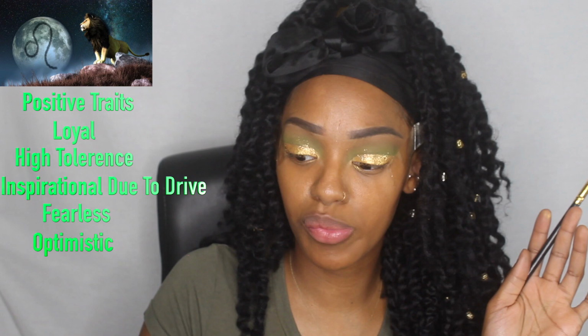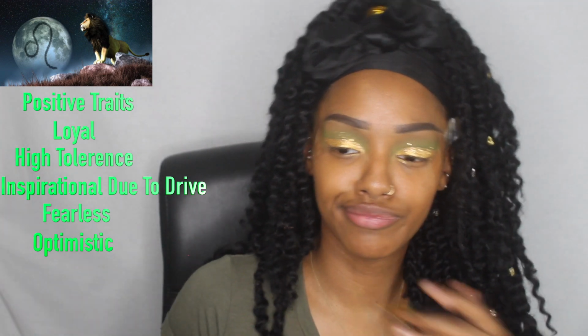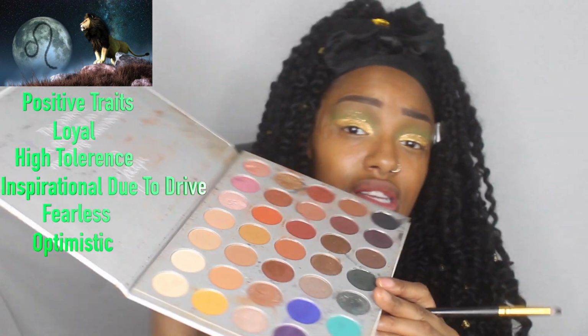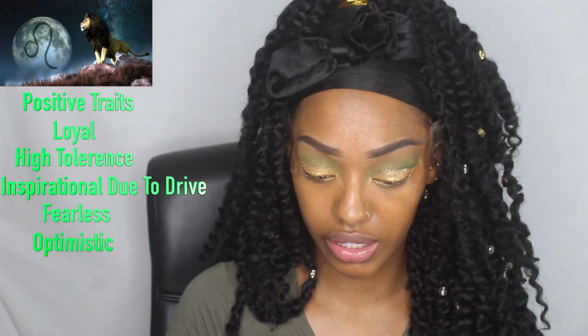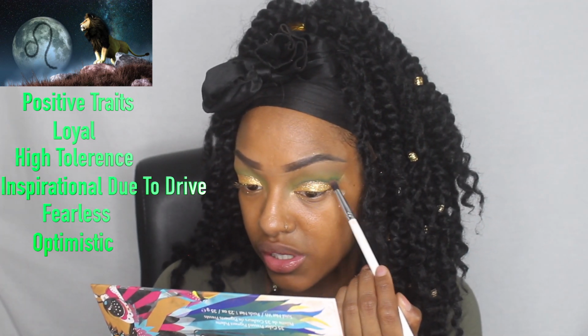Now I'm going to go in with the pencil brush. I'm going to go in with a darker green than even the green I put in before, and I'm going to just really set that line that I made with the crease. This color is this dark green called Enchanted. So I'm going to keep wiping off my brush because we are dealing with glitter. I'm going to go back in with that forest green from the James Charles palette and just...